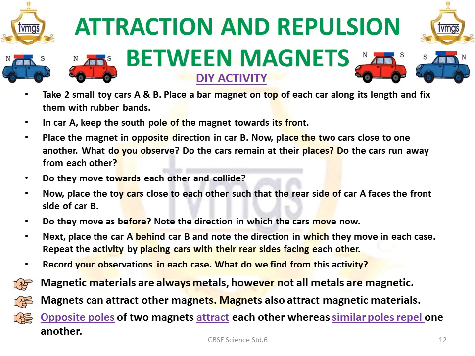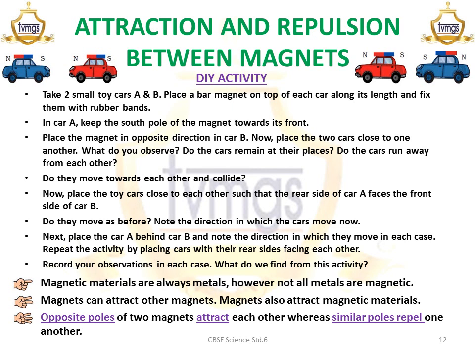In the first scenario, wherein the opposite poles, that is the north and the south pole, are facing each other, you will note that both the cars will attract each other because opposite poles attract each other. In the second scenario, wherein the back of the car faces the front of car B, you will notice that since both of the poles of the magnets are the same, the cars will move away from each other, that is, they will repel each other.